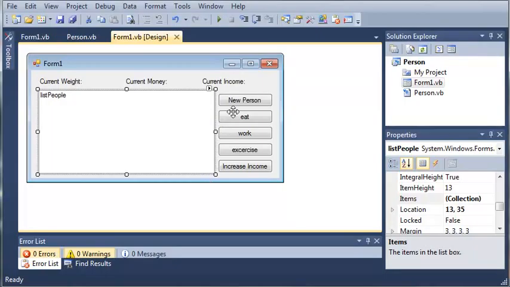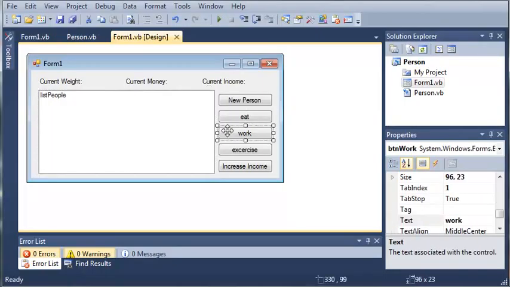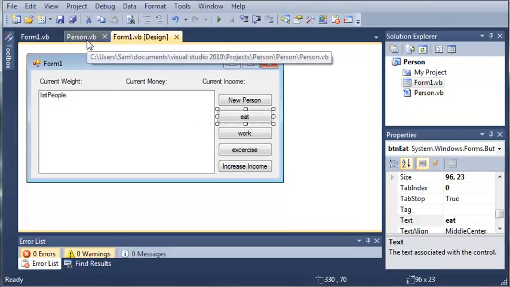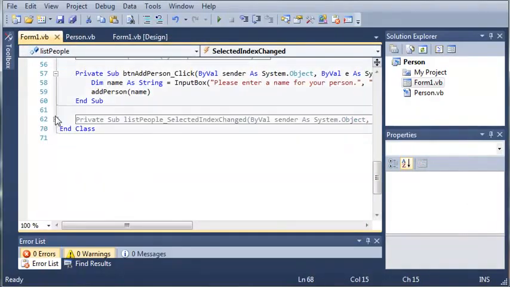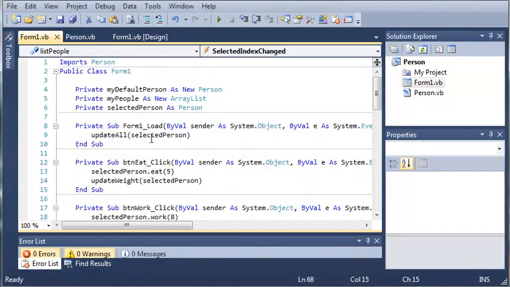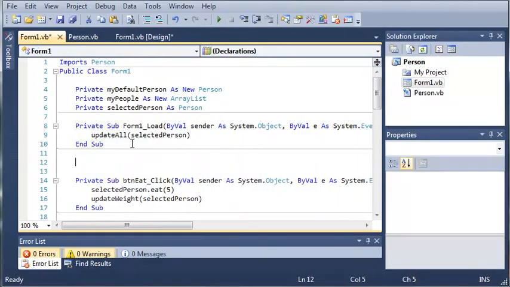Now, before we finish the program, there's a couple things we need to do to make it work better and to prevent errors. So on the Form 1 load, we're going to have to disable these buttons right here, because if they click them, it's just going to crash the program because there's no selected person. So we'll come back to form1.vb, and we will add a sub that will disable all of those. So we'll just call it private sub DisableButtons,